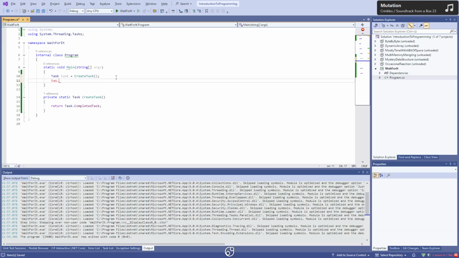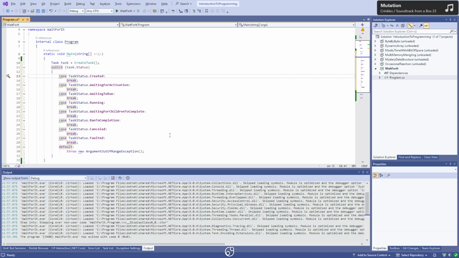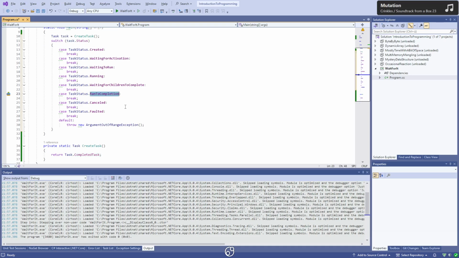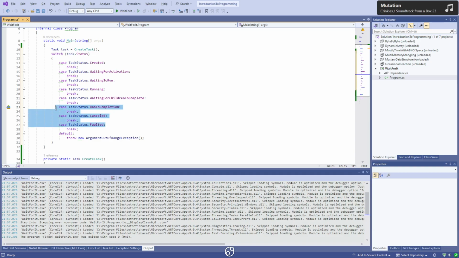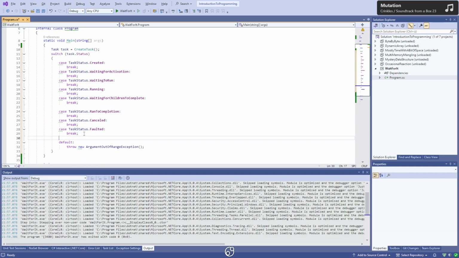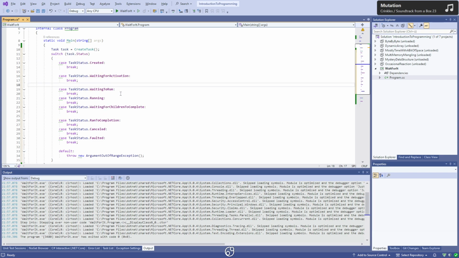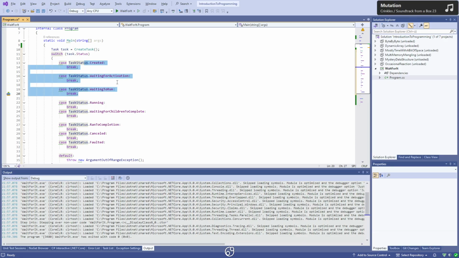And task, let's ignore the completion here. We can, for example, request the status. I'm just going to write them out like this. There are a couple of different states a task can be in. The one we expect for a complete task is RanToCompletion, because these are basically the three states we would be in if the task is done, like if there's no more work continuing here. This would be, we just created it, or we're waiting for it to start. Basically, we initialized it,